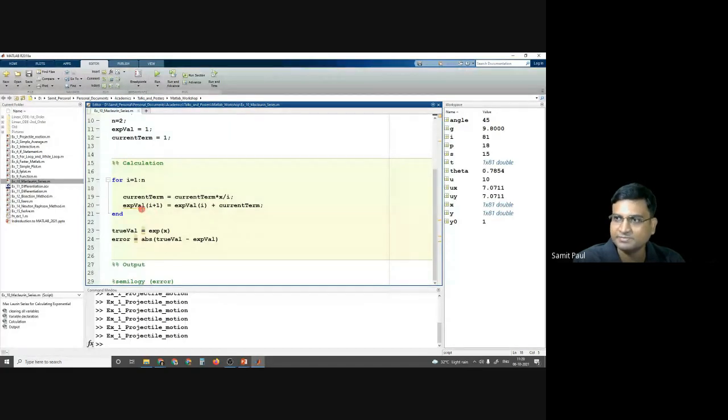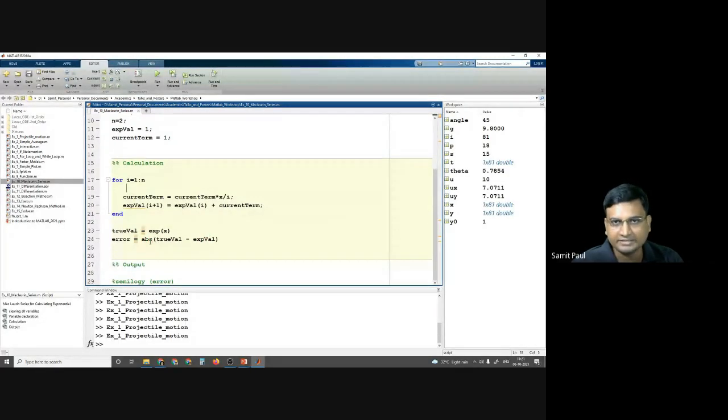The length of the array is being increased and one element is being added to the array. So the initial term, the current term plus the calculated term, we are getting it. Have you understood this? The true value we can calculate with exp x from MATLAB, and the error we are calculating by taking the difference between them and taking the absolute value of them.